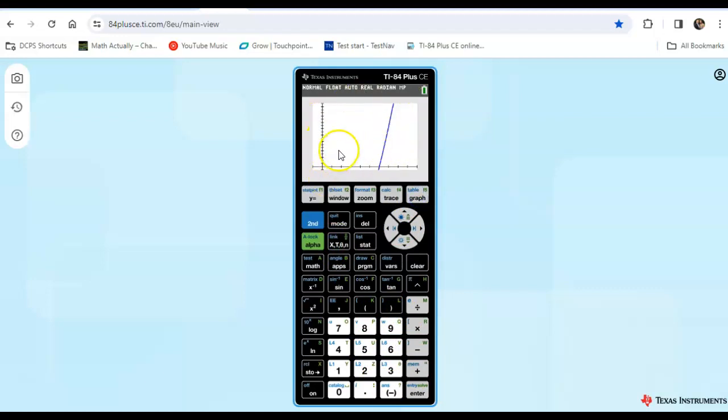So now, if your graph looks like this, and a lot of you have been asking me, my graph, I can't see anything, right? Go to Zoom and start by pressing 6 standard. That'll give you an idea of what we're looking at. So here we can see that -6, and it looks like that +6 as well. And now we want to see what the y-intercept is too. And if we know it's -6 and +6, we can predict that -36 would be the